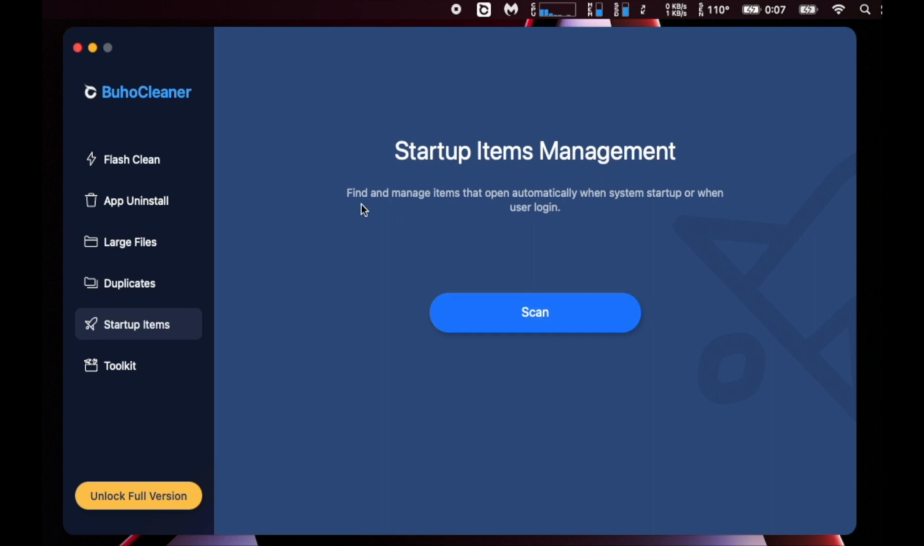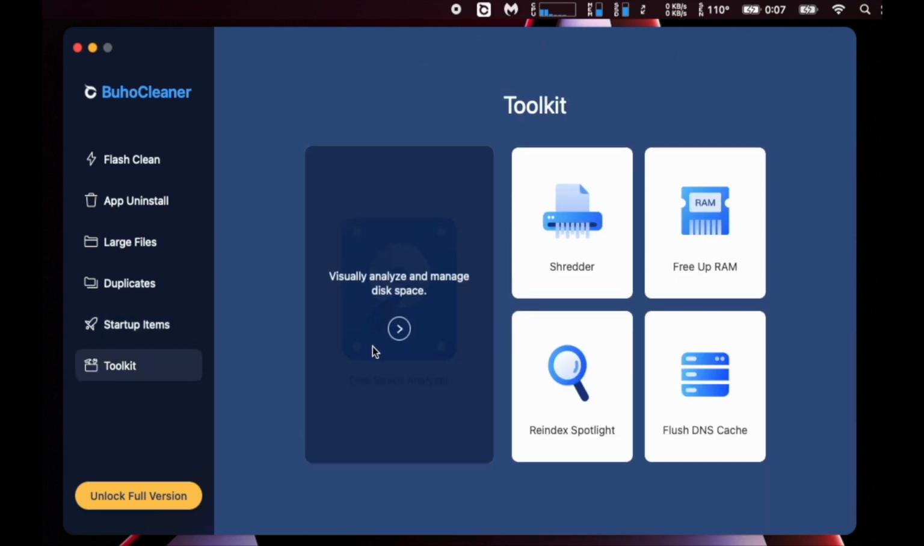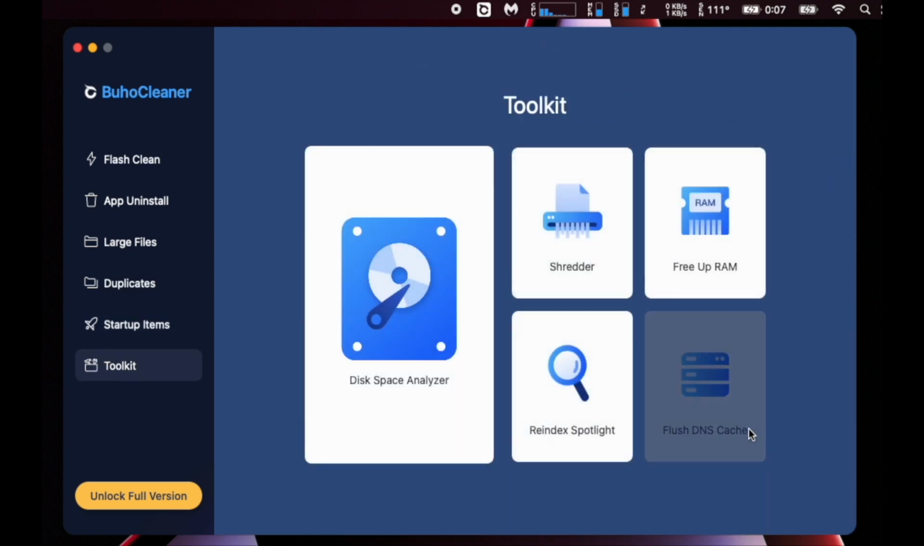It'll find and manage items that open automatically when the system starts. Now, these are system startup files, and a lot of times that'll bog the boot up process down. So you want to make sure that that's being managed correctly, and I think this lets you do that. And then the toolkits, so different ways to